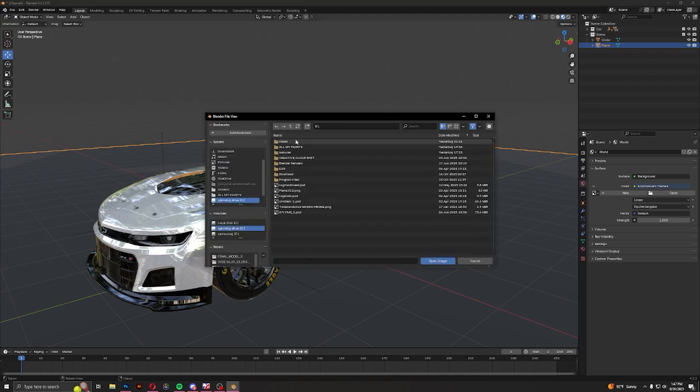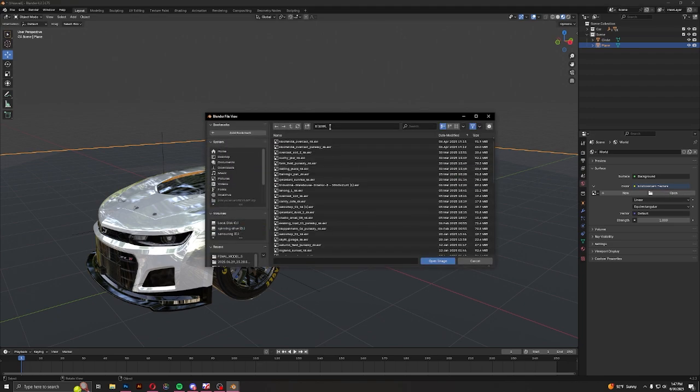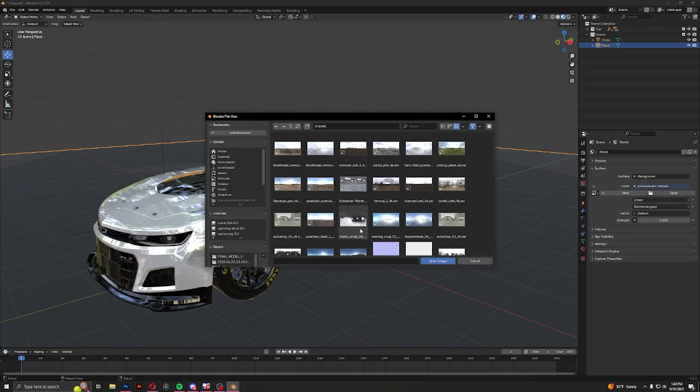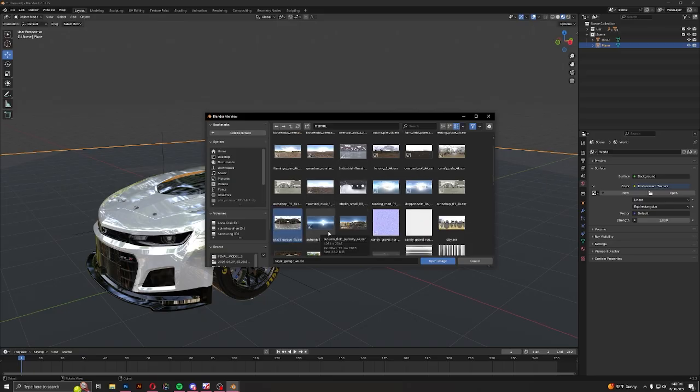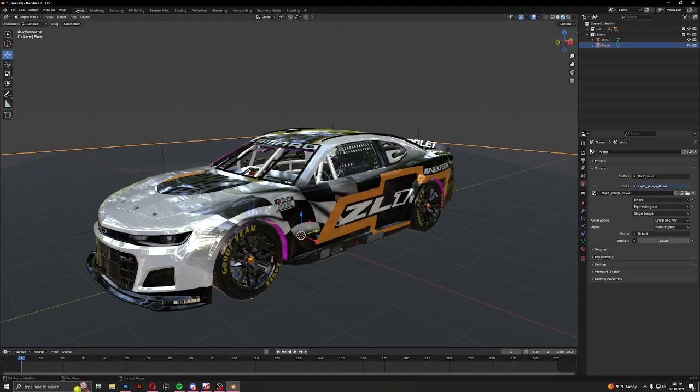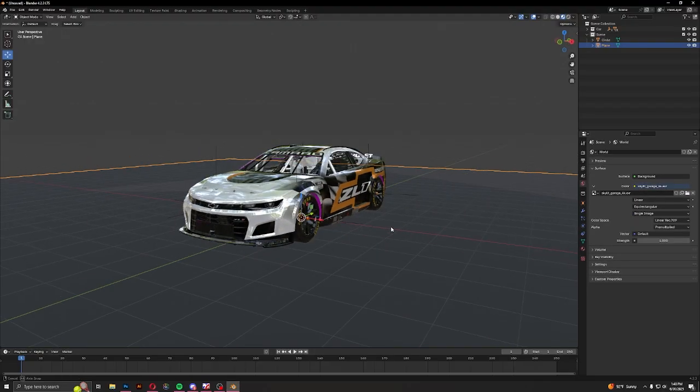For me, I have an entire folder of HDRIs, so my personal favorite is the Skylit Garage, which you can get on Polyhaven, so I'll go ahead and use this one. And now if we flip to render